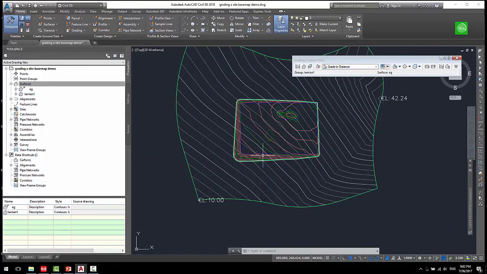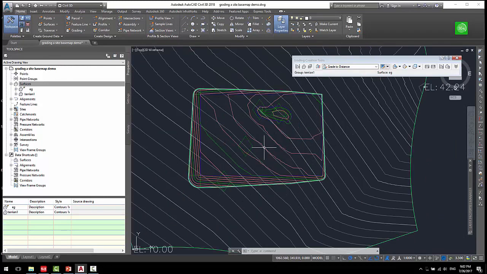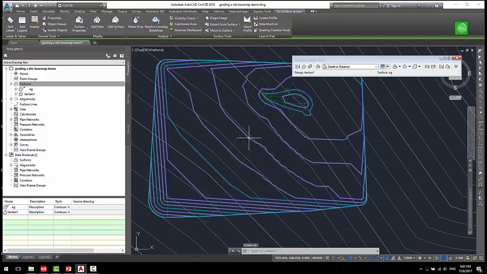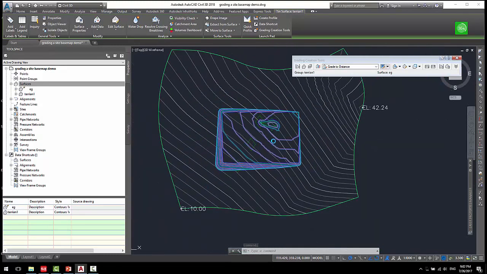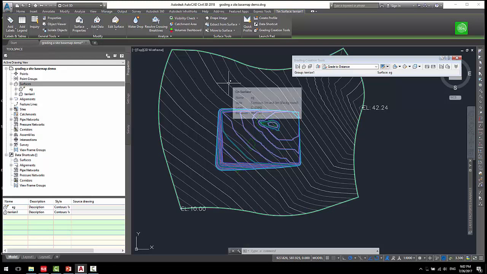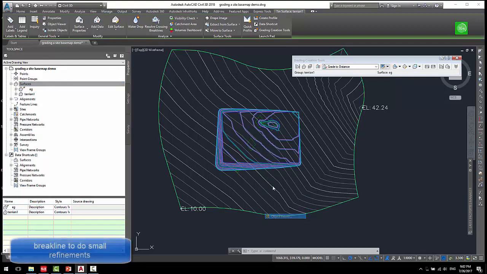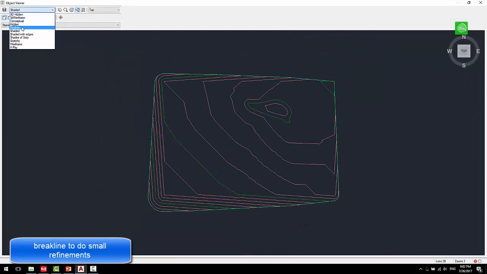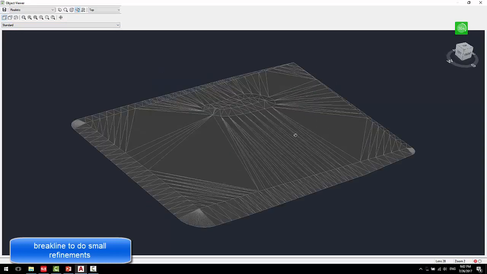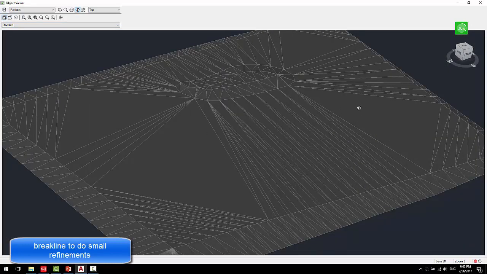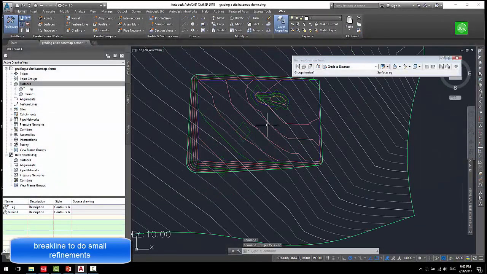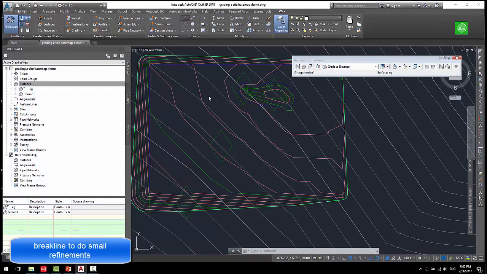What we can do is, after you have a surface, you can create feature lines and then use the break line to do some editing. If you look at the surface, you can find these lines, right? So these are all those lines. If you want to make them the shape you want, for example, if I just draw a straight line here to here,